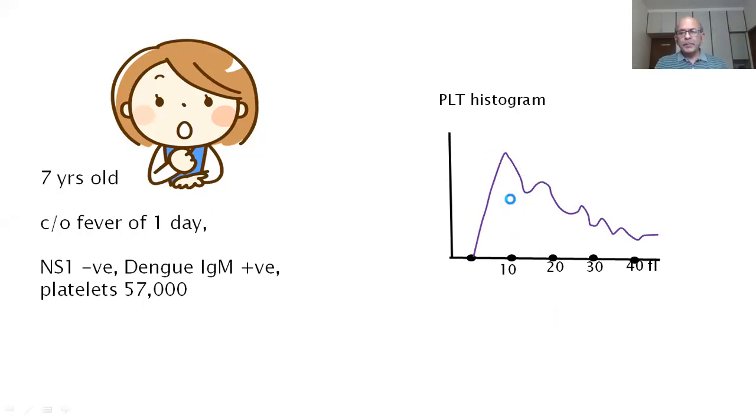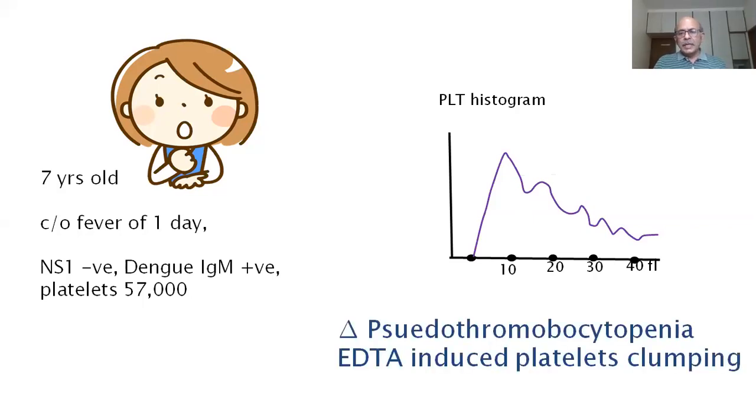Here you have multiple peaks, and what has happened is many platelets have got clumped together to give you platelets of various sizes. They are not platelets of various sizes. Something like RBC agglutination, here you have platelet agglutination, and they have agglutinated in various sizes. This patient has what is known as EDTA-induced pseudothrombocytopenia, not an uncommon entity.